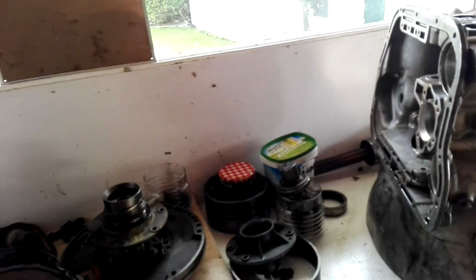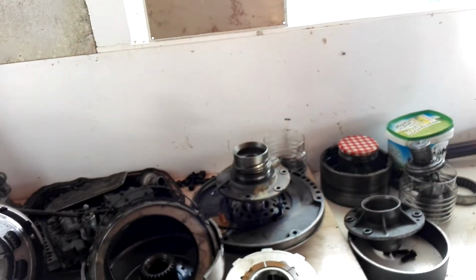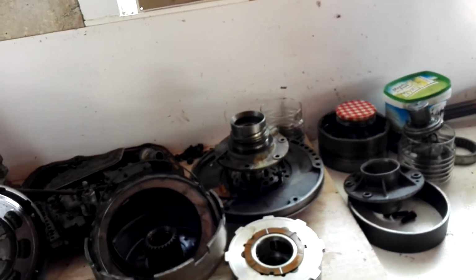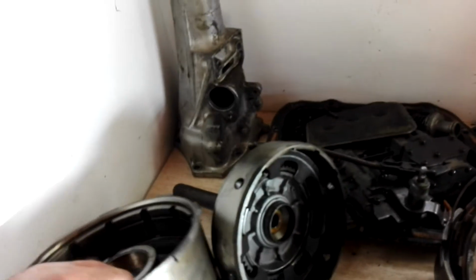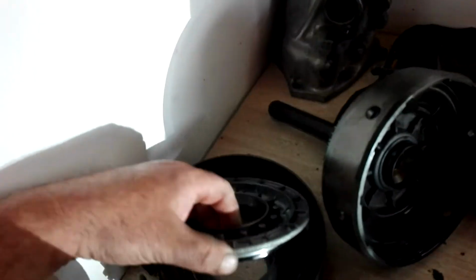But man, I'd never been inside an automatic transmission before, and it was simple, really. The way he went through it, just step by step, what piece to take off, how to do it, what tools you need to do it, was just simple. So I've fully stripped this now, and I'm really glad I did, because if you have a look in here,